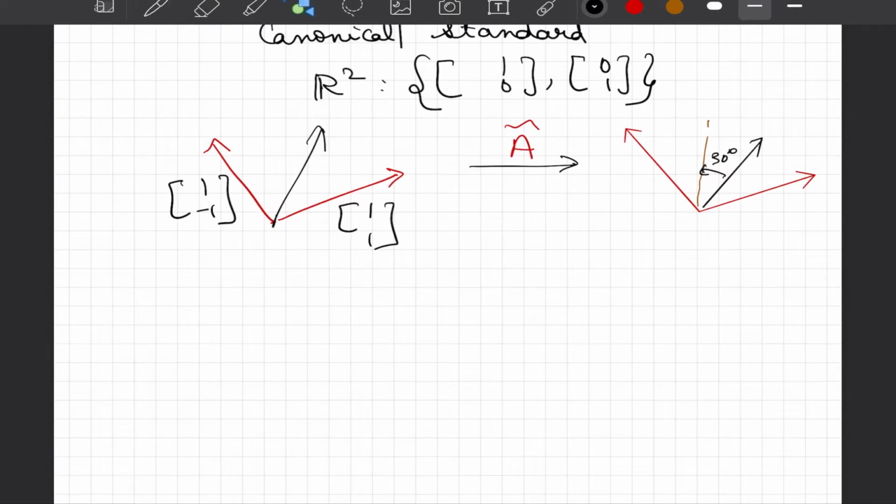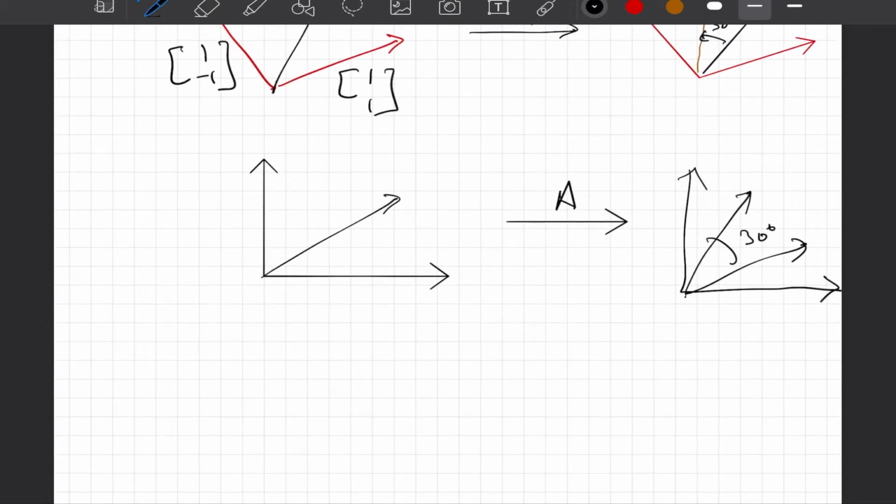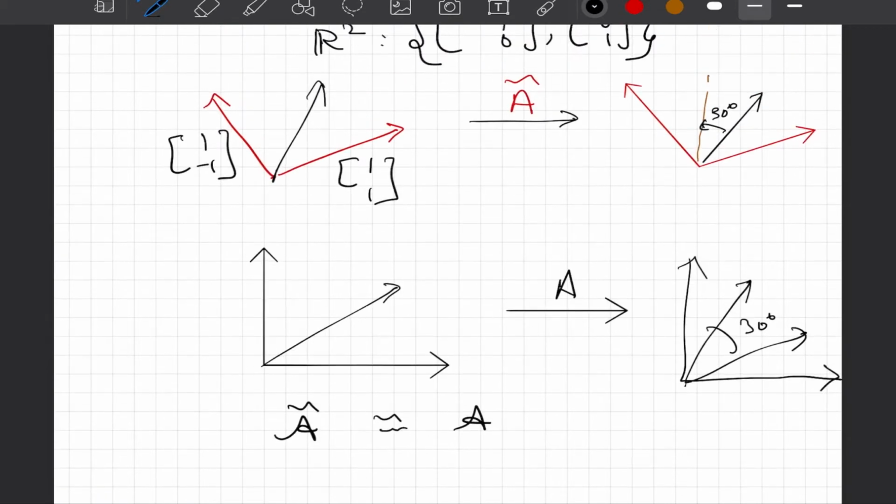On the other hand, we learned that we would know this transformation matrix A as long as we are in the standardized or canonical basis: if we multiply by the matrix with entries cos theta, minus sin theta, sin theta, cos theta, we should be able to rotate this vector by an angle of 30 degrees, and hence the problem would be solved. But the question is, what is the relationship between A tilde and A?